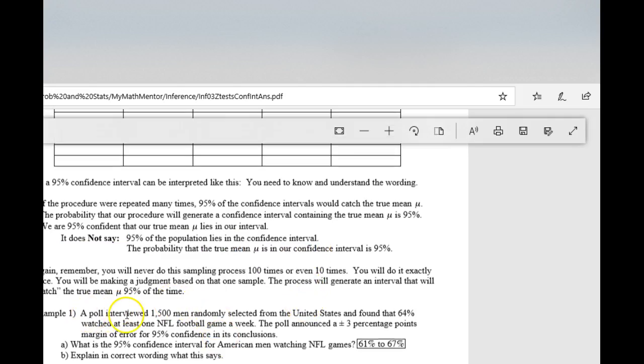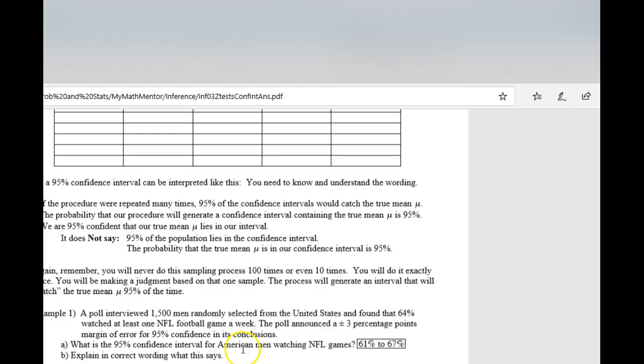Example 1 says a poll of 1,500 men were asked what percent of the time they watch at least one football game per week, and about 64% said they saw at least one game per week. Now the poll announced a margin of error of 3 percentage points. So margin of error of 95%. That means that